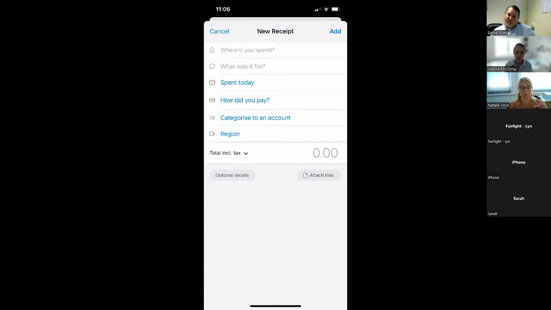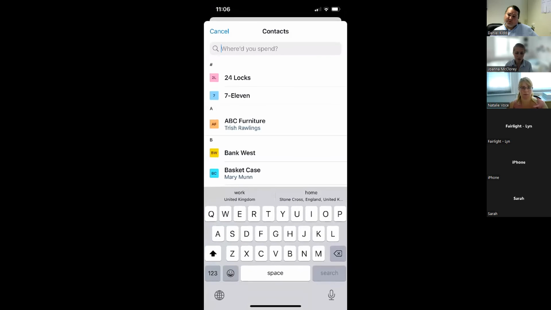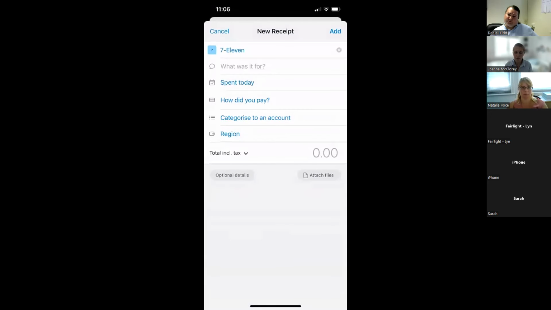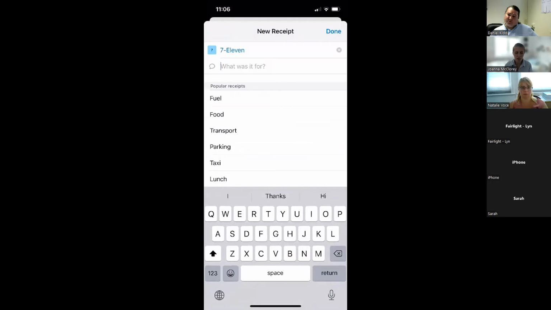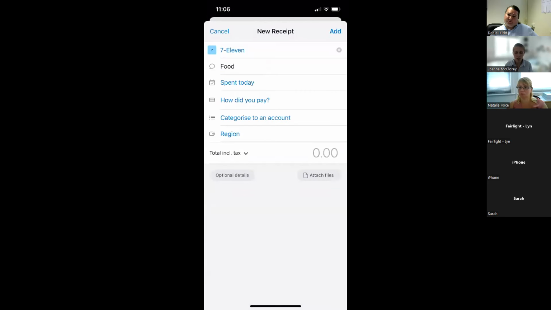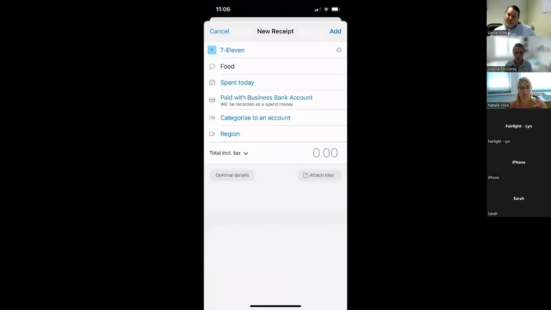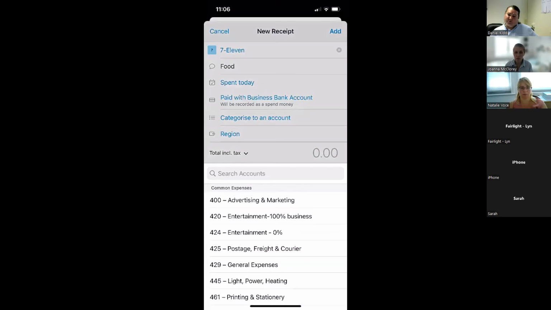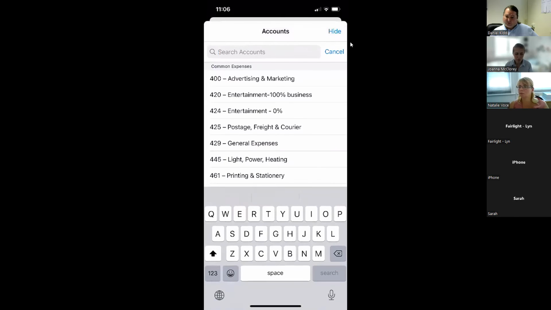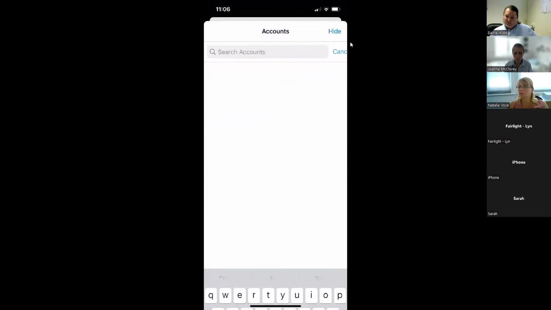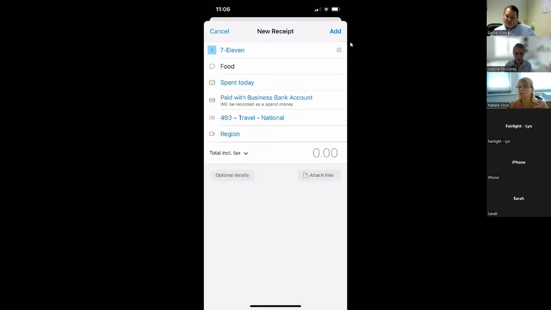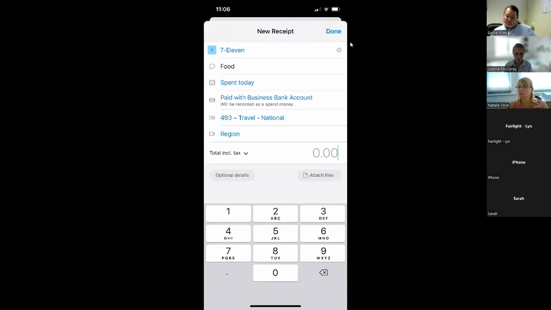So where did you spend it? Let's say 7-Eleven. We don't have to show the shop, it doesn't matter. What was it for? Let's say it was food spent today. How did you pay? You can choose your business bank account, categorize to an account, which would be, let's see, travel and subsistence, and input your, let's say, £20,